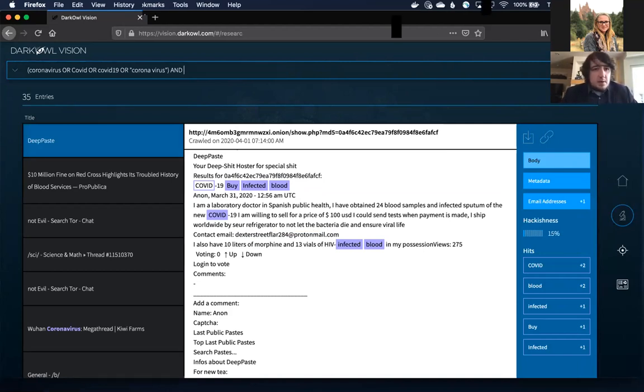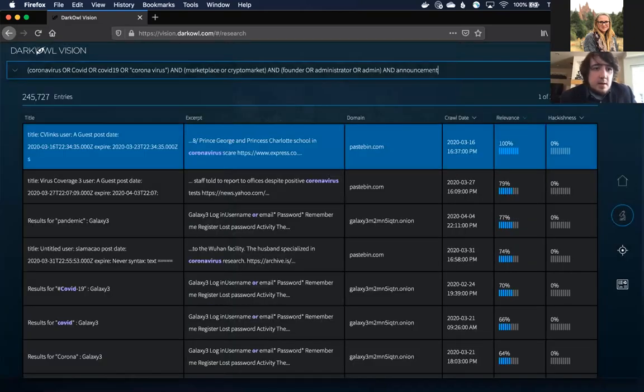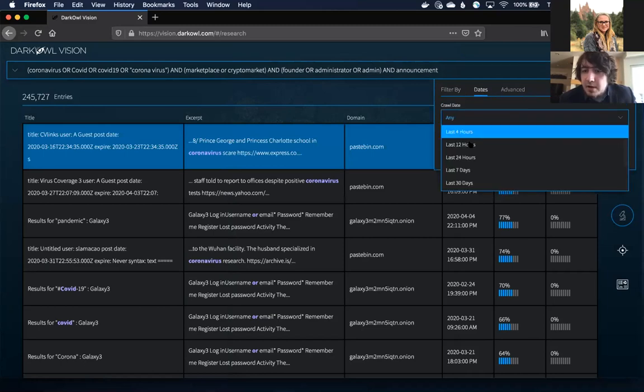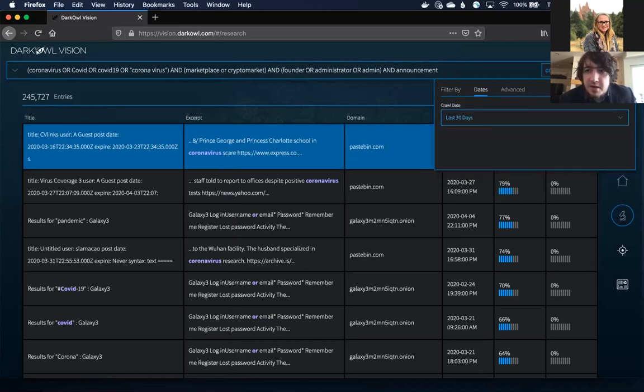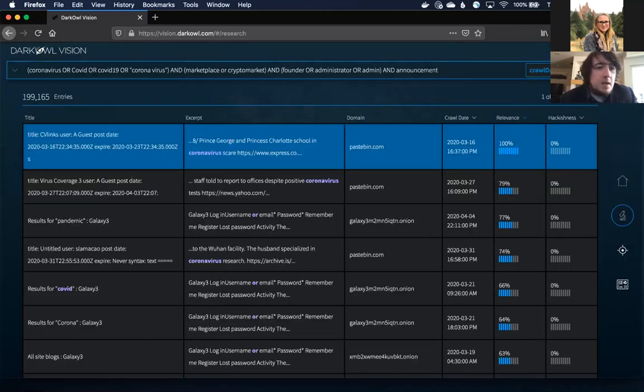So let's do our little coronavirus search, and let's do marketplace or crypto market. And, excuse me, maybe we only care about a founder or administrator or admin. And let's see if there's an announcement. All right, so we actually ended up with a lot of different results here as well. Obviously, because we're really only concerned about the last 30 days, let's add a filter to just the last 30 days here. There, and that cuts out